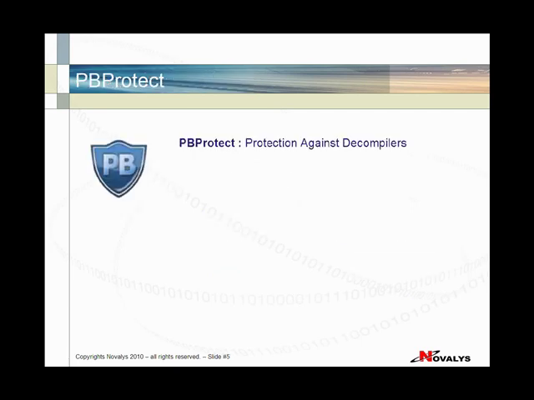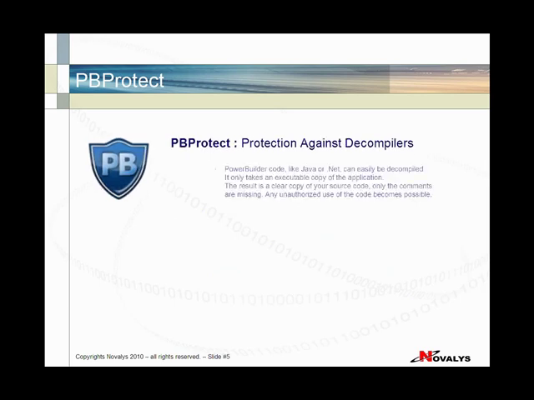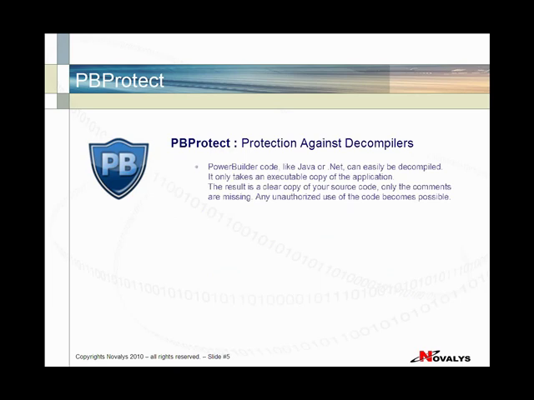Next tool is called PBProtect, and as it says on the screen, it's a protection against decompiler. As you may know, many technologies like PowerBuilder, Java, or .NET can be decompiled. You can see free tools on the web, you download them, and as soon as you get an executable copy of your PowerBuilder application, you use this decompiler and you produce a clear copy of the source code, exactly the